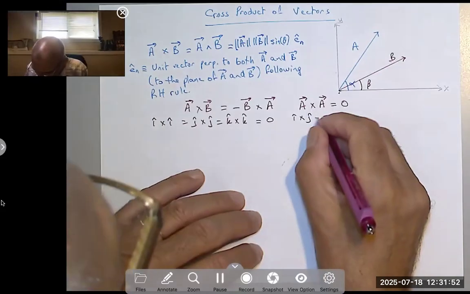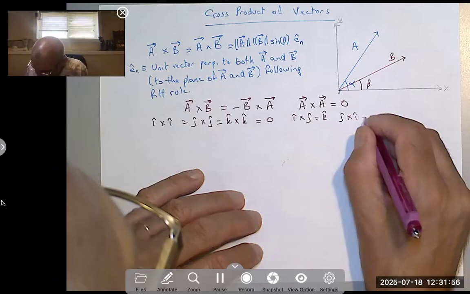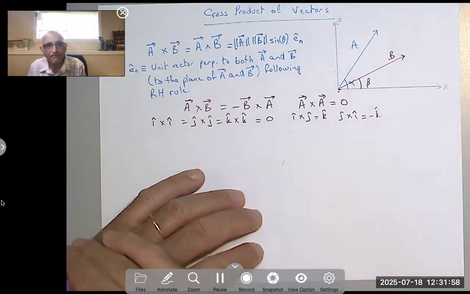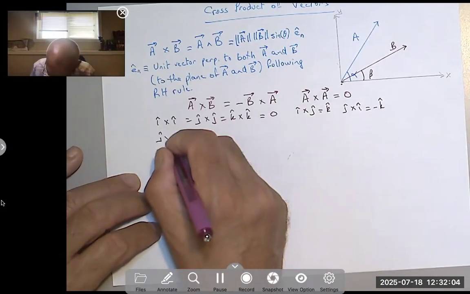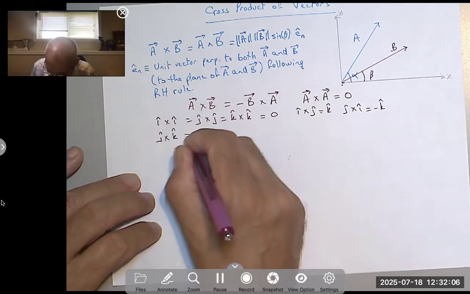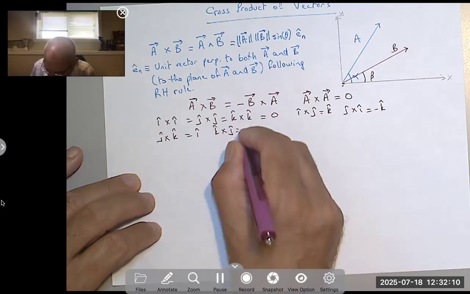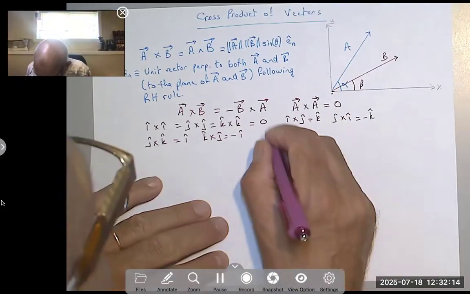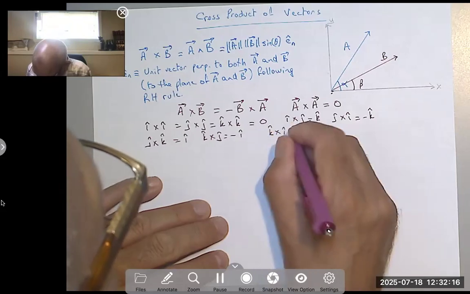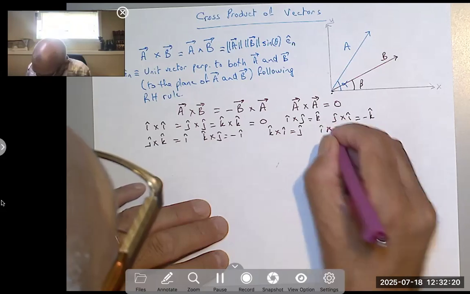So it's positive K, which means J cross I equals negative K. And likewise, J cross K equals I, and K cross J equals negative I. And finally, K cross I equals J, and I cross K